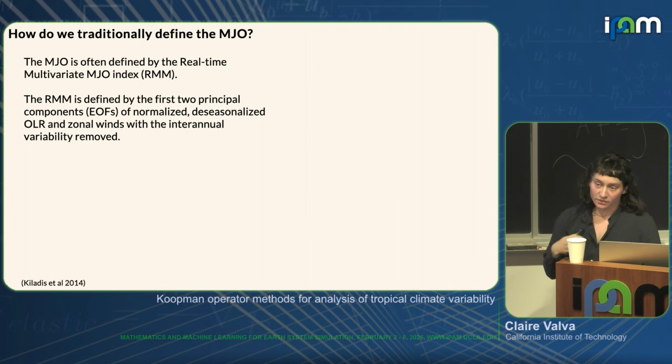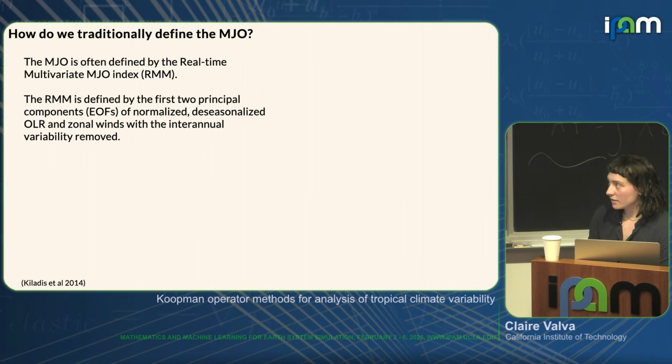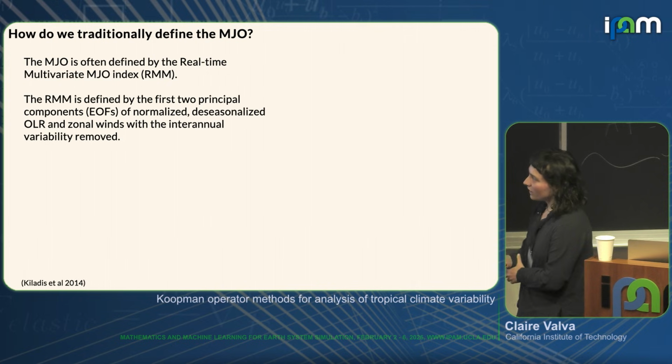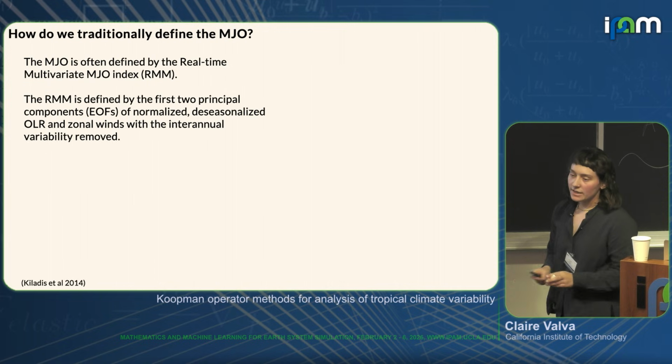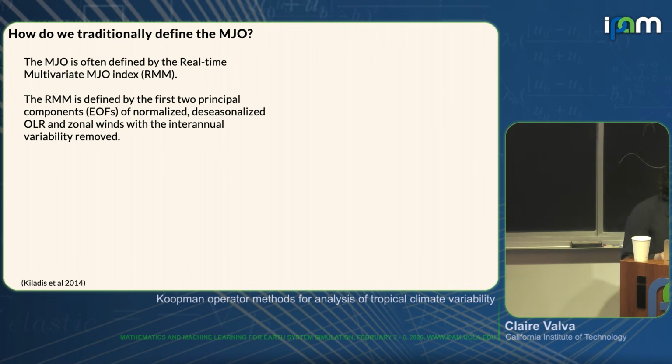So how is this done usually? The MJO is often defined by this object we call the RMM, or the real-time multivariate MJO index. All the RMM is that you take the first 2 principal components of the same wind fields, but these wind fields will be normalized. We also normalize them. There's some deseasonalization, and then the interannual variability will be removed in some way, usually by